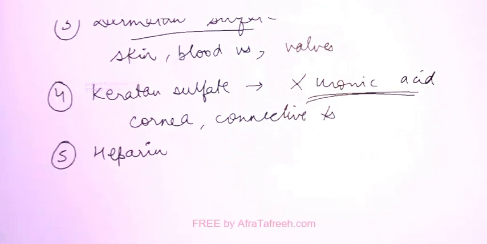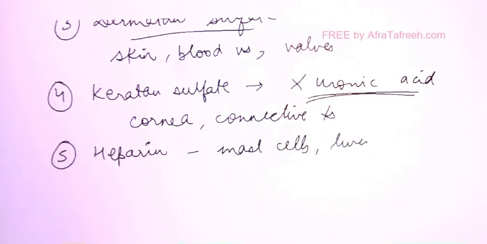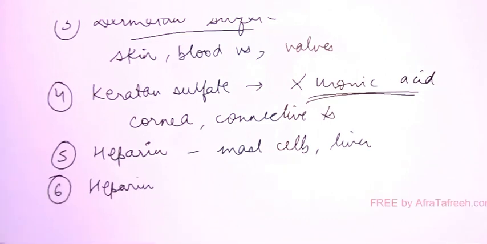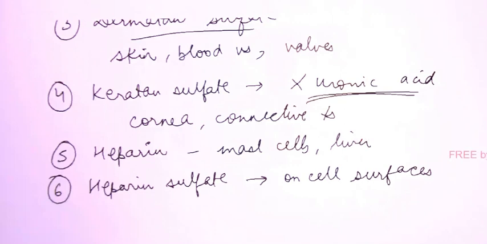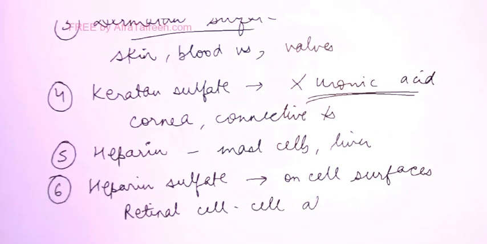Then the next one is heparin. Heparin has a role in anticoagulation, and it is released from mast cells and liver. And the last example of GAG here is heparan sulfate. Heparan sulfate is less sulfated than heparin, I already told you. And the location is, it is present on the cell surfaces. Location of heparan sulfate is very important. It is present on cell surfaces. Especially it has a role in retinal cell-cell attachment. Or if they ask you any cell-cell adhesion is caused by which GAG, then it is